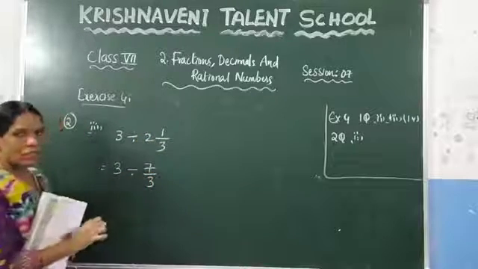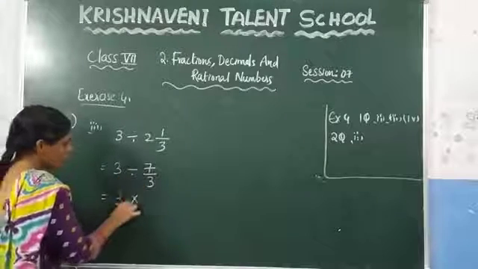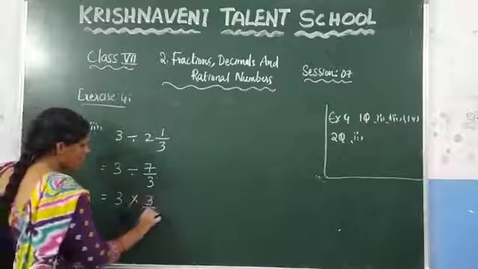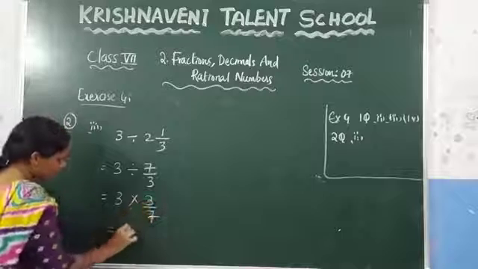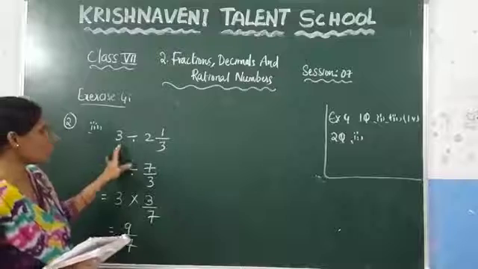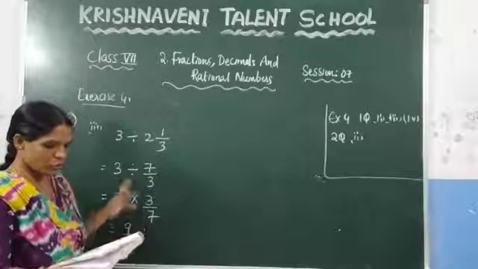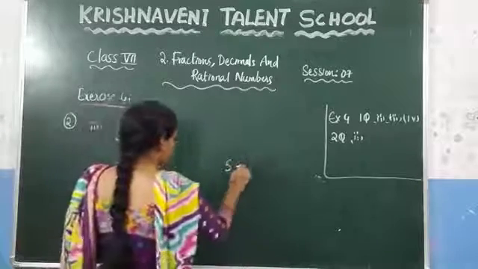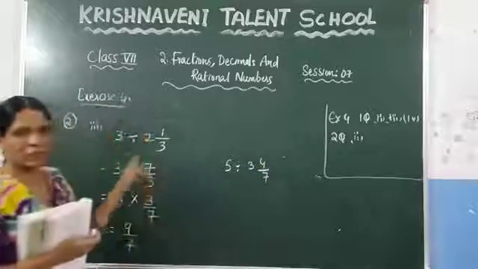Now we have converted. At this step you know how to do it. Here in case of division, keep multiplication. If you are keeping multiplication, you need to write the reciprocal. What is the reciprocal? Which is nothing but 3 by 7. And what is the result? 3 into 3, which is 9 by 7. Like that you need to find it if you are given a whole number and a mixed fraction. Similarly, the fourth question you can do in this way. They have given 5 divided by 3 4 by 7. Just the same thing they have given here.